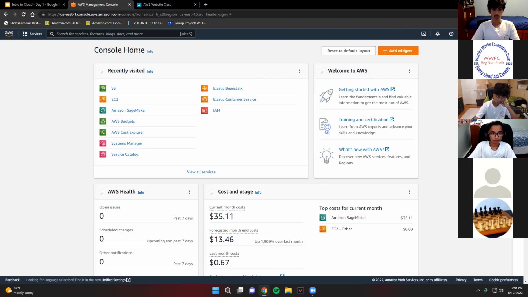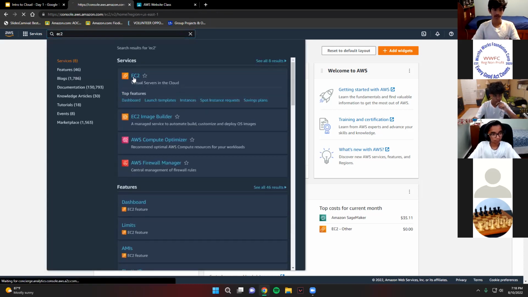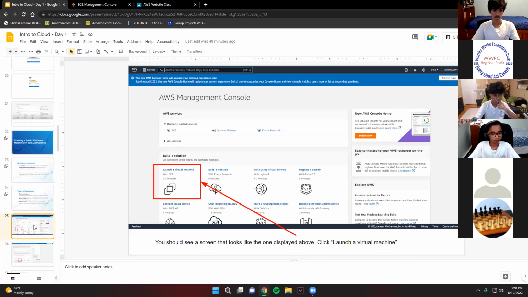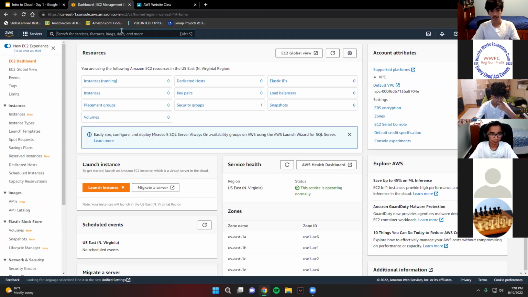Now we're gonna go to EC2. So this is basically what allows us to access, power in the server. So the first thing we're gonna search for is EC2 over here, and we're gonna click EC2. All right. So you'll be brought to a page looking similar to this. Wait, EC2 or EC2 image builder? Just EC2.